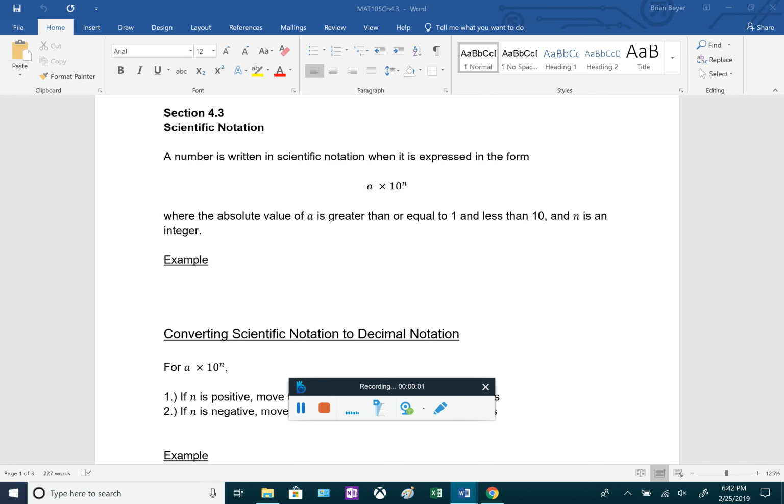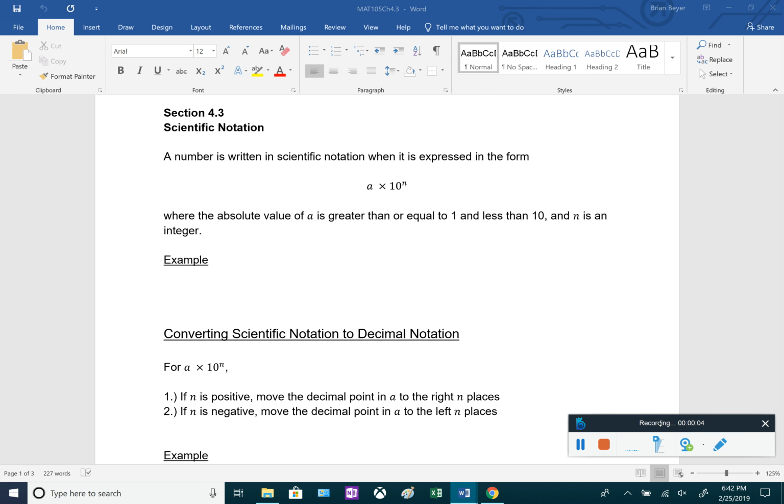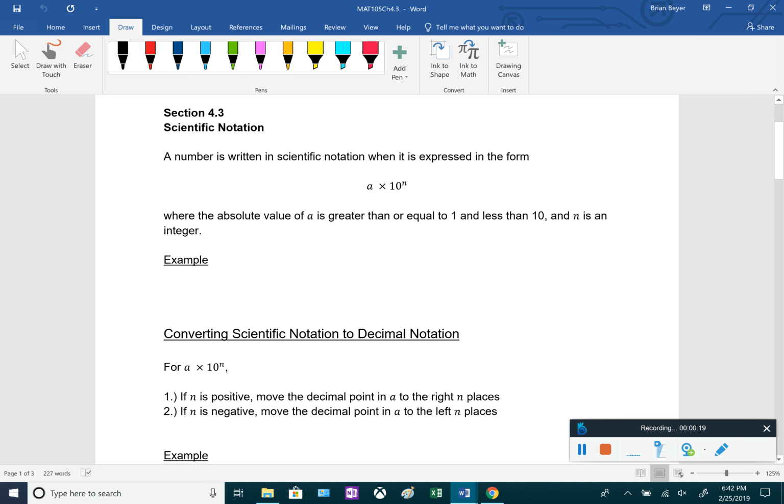Section 4.3 is scientific notation. So essentially, scientific notation is a way that allows us to write really, really large numbers or really, really small numbers in a compact notation. A number is written in scientific notation when it's expressed in this form: